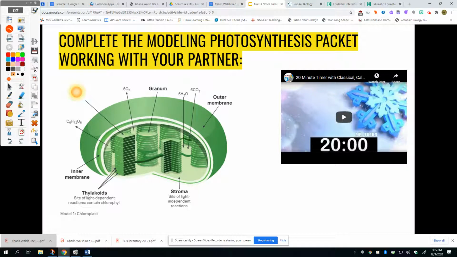I can't find my paper for it right now. It says handout 3.10, model-based guided inquiry,